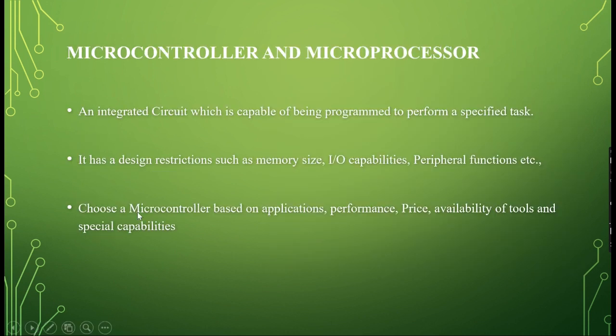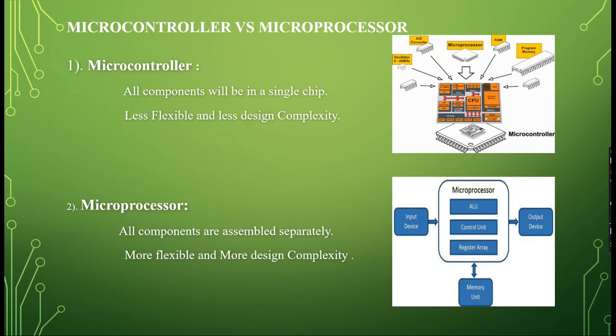Now, what is the difference between a microprocessor and a microcontroller? Microprocessors are widely used in computer systems, whereas a microcontroller is specifically used in embedded systems. A microprocessor has only a CPU embedded into it, whereas a microcontroller has input, output, RAM, ROM, and other peripherals embedded in it along with the CPU. Since a microprocessor consumes more power, whereas a microcontroller consumes less power. This is the block diagram of the difference between the microcontroller and microprocessor.